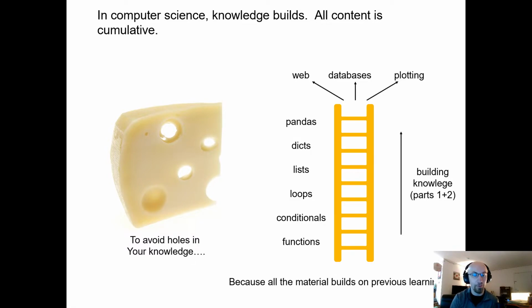So, of course, we couldn't get through a slide deck without a picture of cheese here. So, to avoid holes in your knowledge, we're really going to want to build up these rungs, build up the idea of state and control flow so that we can get into more interesting topics. And in my personal opinion, each one of these is interesting. Functions, conditional loops, and lists, these are all fundamentals to programming, no matter what language you choose. And then we'll be applying these to data science. So pandas is specifically used for working with data and databases, and then we'll learn how to plot that data that we're working with. So it's all about building this ladder up so that our knowledge is going to build on top of each other.